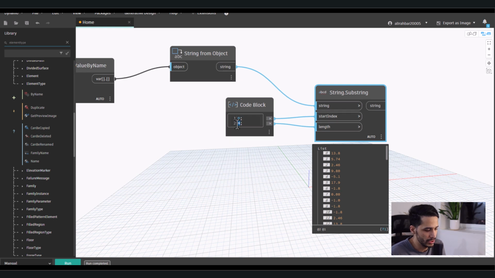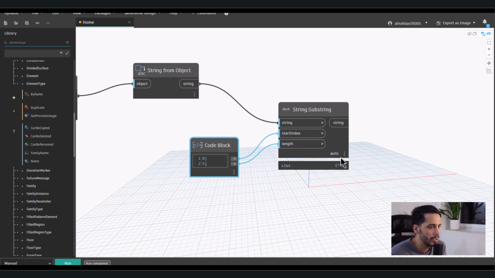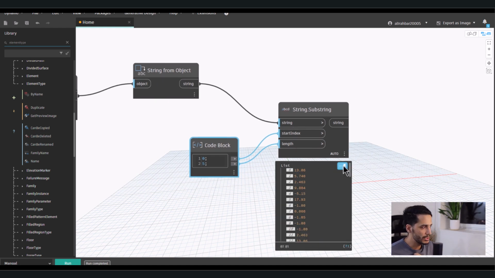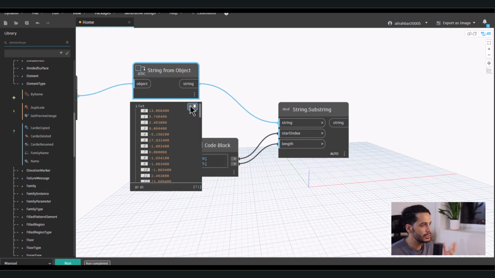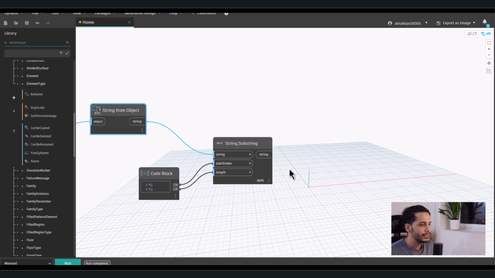If you change it to 5, run it, you can see 1 2 3 4 5. Okay, that's it. So I could get the substring of these elevations, and now I can